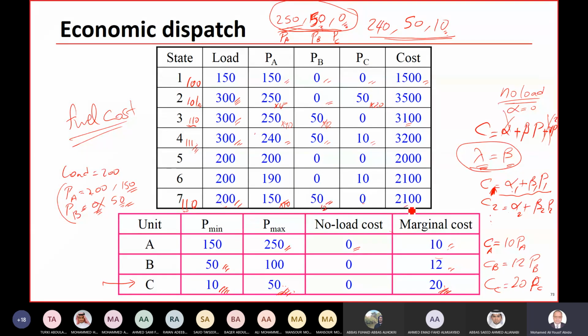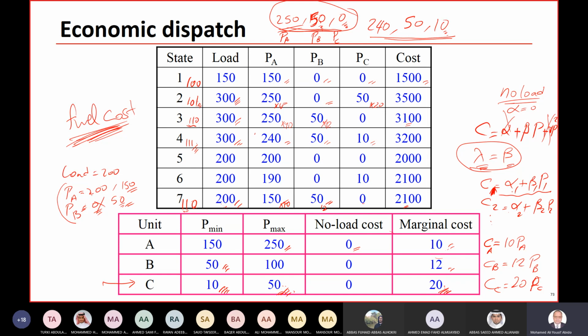So it is $2,100 cost for this status. Do you have any question for this cost, fuel cost estimation? This is fuel cost estimation. Now, the next step is to